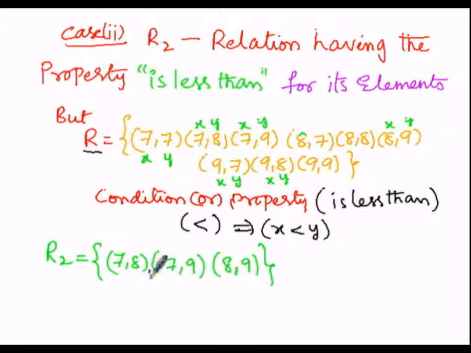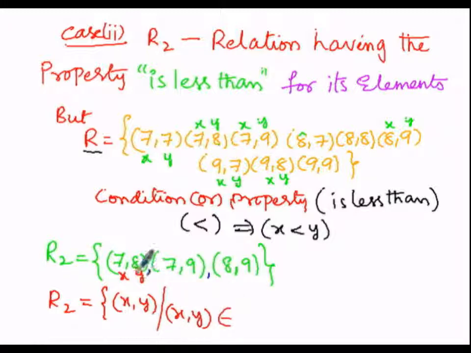So here when we separate by means of commas, it will be in the roster form, but here we have to show the relation R2 in the set builder form. So in order to show it in the set builder form, R2 is equal to, so here we denote the first coordinate by x and the second coordinate by y, and so on, every ordered pair has its x coordinate and y coordinate. So here the general form of R2 is x comma y such that, where the slash indicates such that, each ordered pair x comma y of this relation R2 belongs to, so 7 comma 8, 7 comma 9, 8 comma 9 are also in the set R.